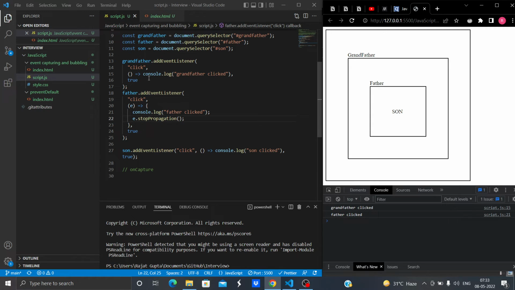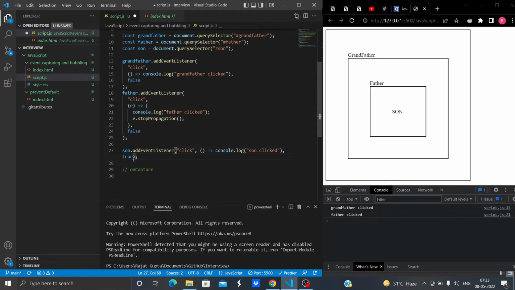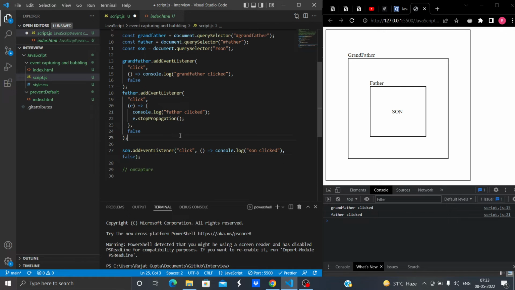We can have stop propagation anywhere. Let's say I make all of these false, and this is also false. False means even if I don't mention it, it doesn't matter. So let's have stop propagation here. Just bear with me for a minute or so.